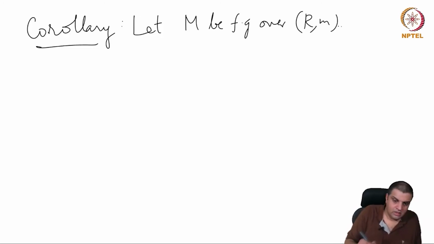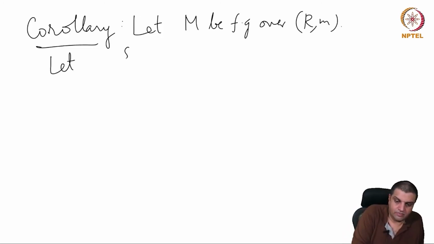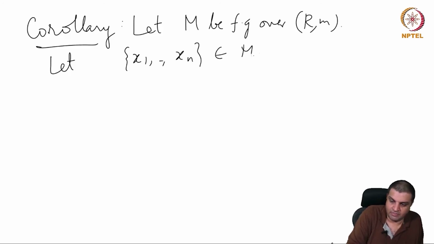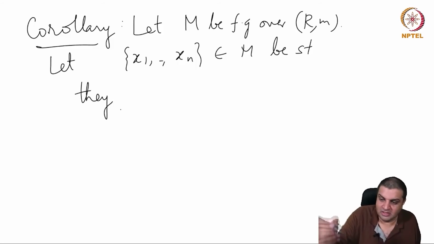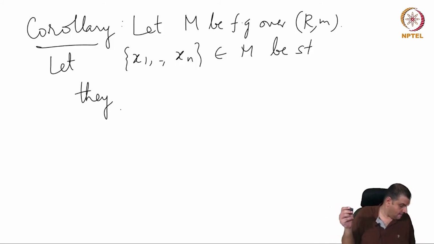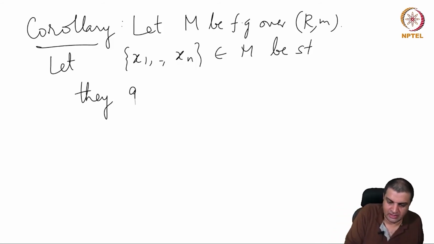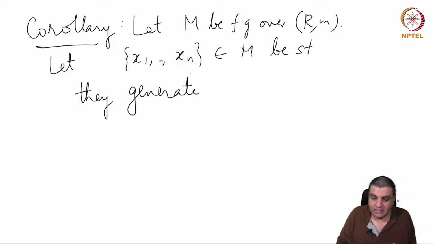Okay. Let x1 through xn inside M be such that they generate, sorry, this is correct, they generate their images